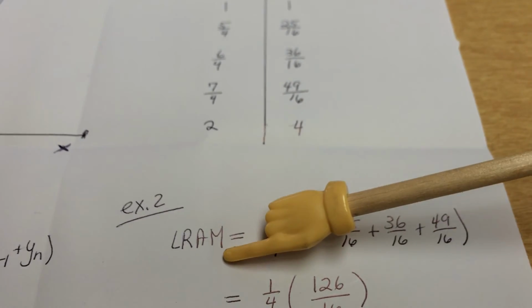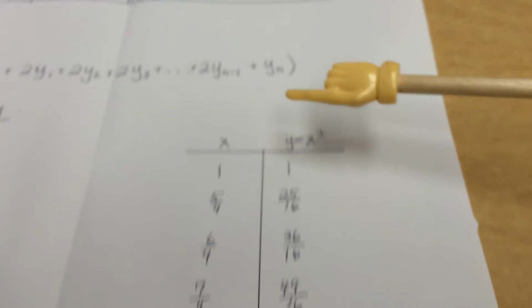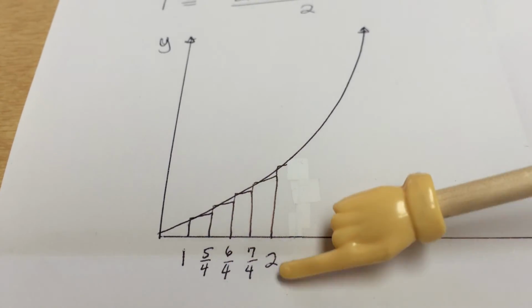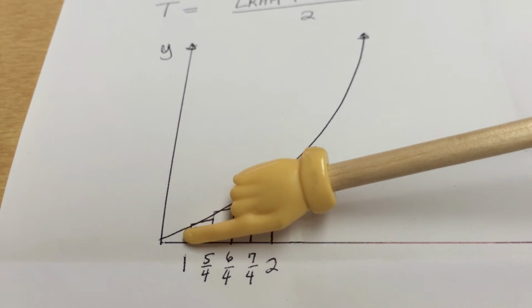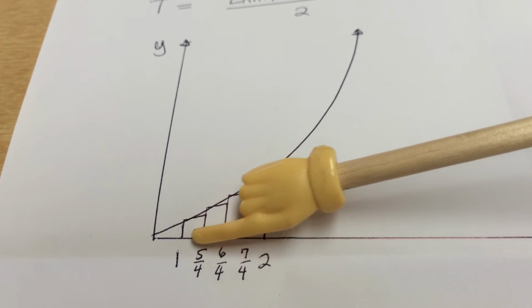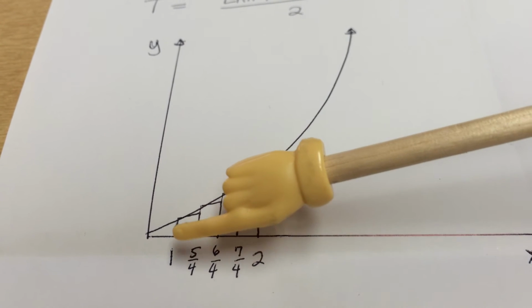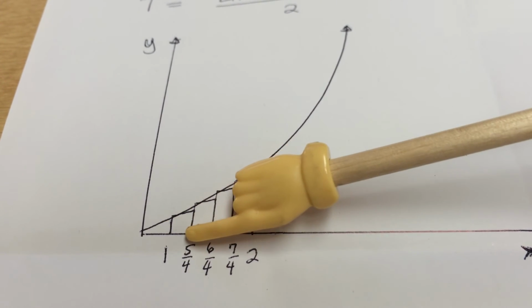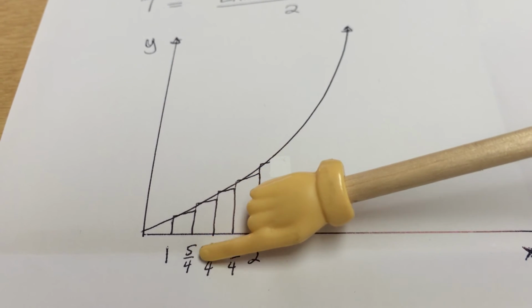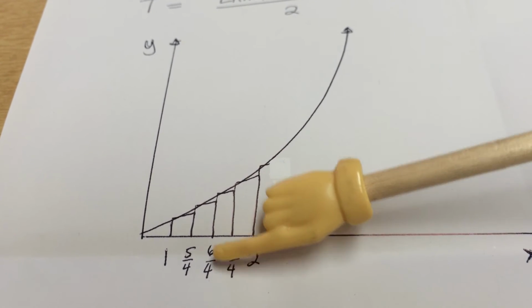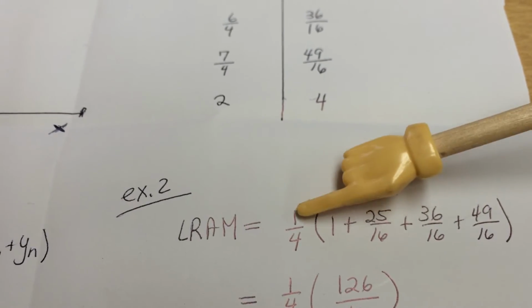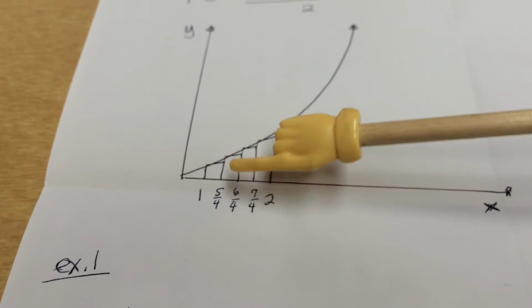So doing the LRAM, which we did in 5.1, we start from the left side, which is this part right here, right? We start from the left side. We omit the last number right here, and it's base times height right there. So the base right here, this gets a little tricky. It's between 1 and 5 over 4, which is about 1/4 is the length right there. So same thing, if I take 5 over 4 and 6 over 4, if I subtract that, it's 1/4 right there. So the base right there is 1/4,